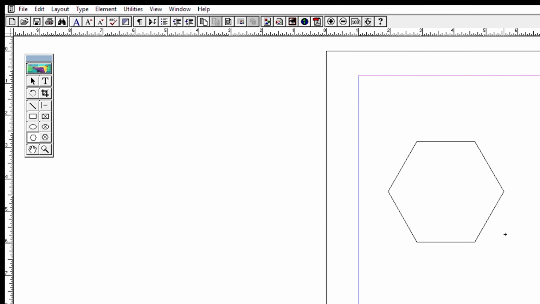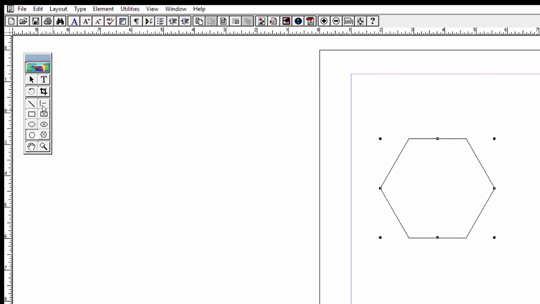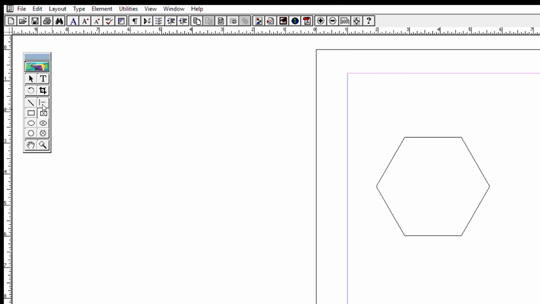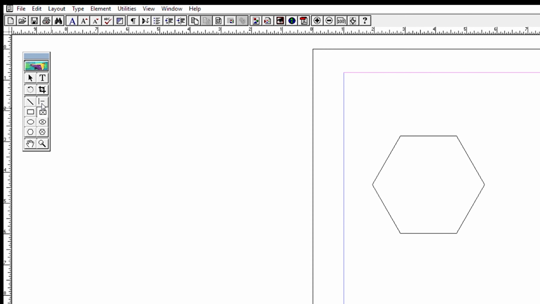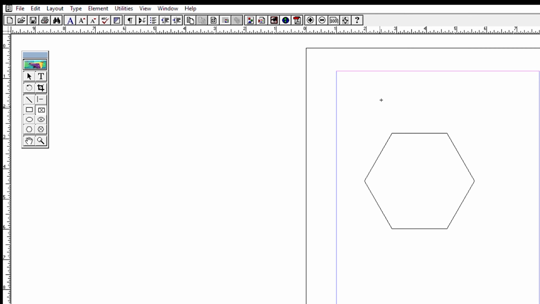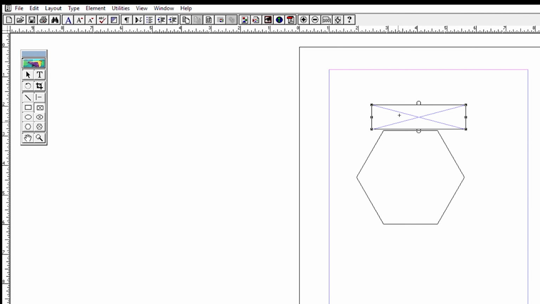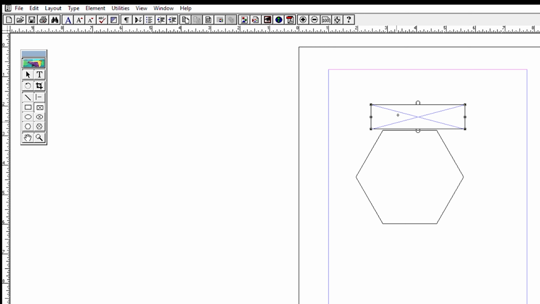Understood? On the right side of this we have placeholders. This is also a rectangle tool, but this is a rectangle frame tool. Using this, we can draw a frame and we can type the text or something inside it. You can just write something inside this tool.